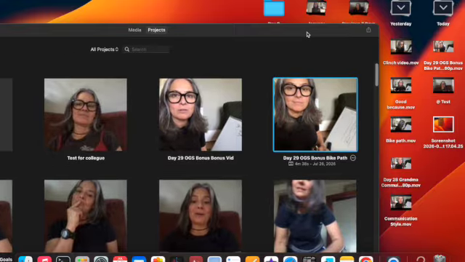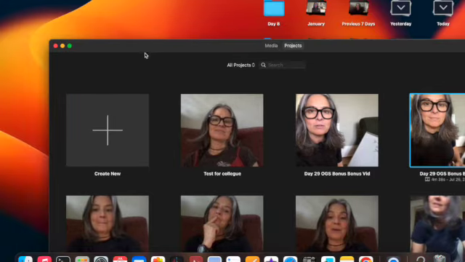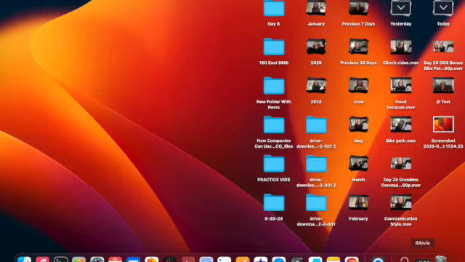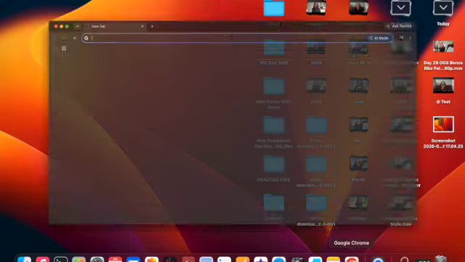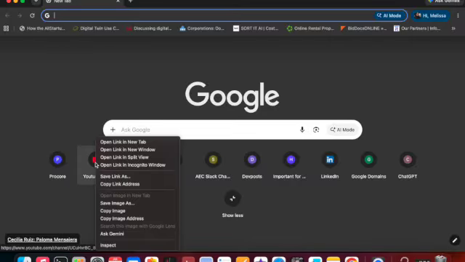So now I don't really need iMovie anymore, so I'll let that sit down. It's in my dock right here. I don't know what that one is. That looks like a video that I was going to upload. Chrome, YouTube,